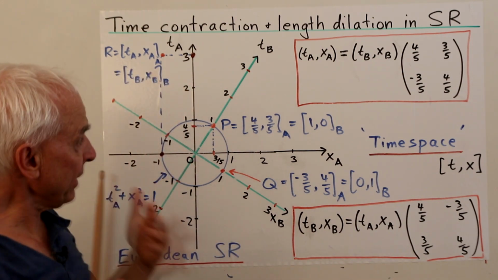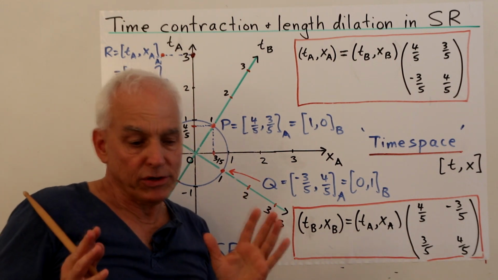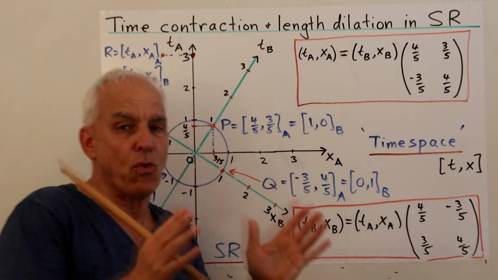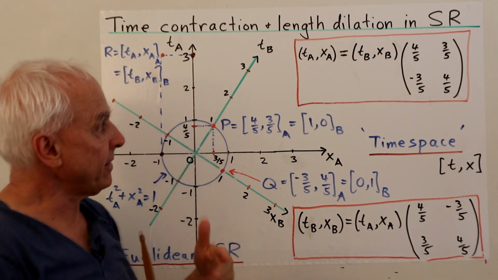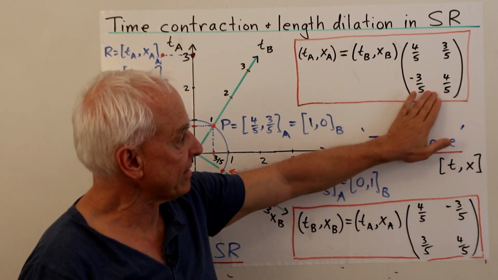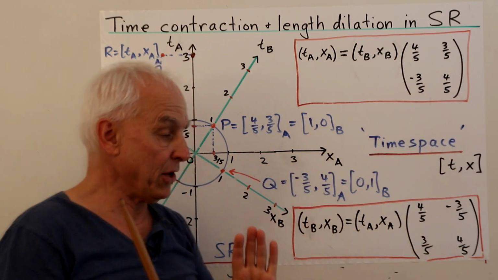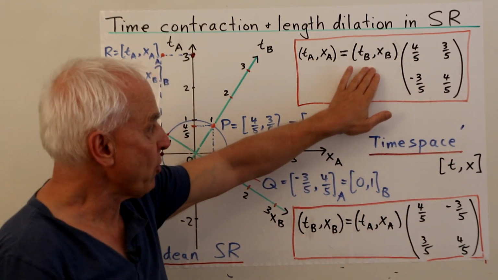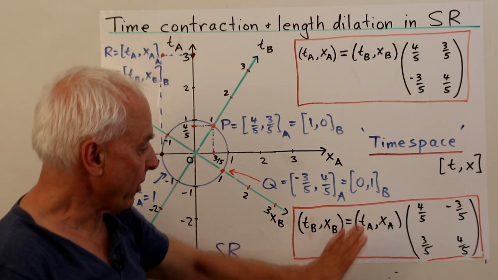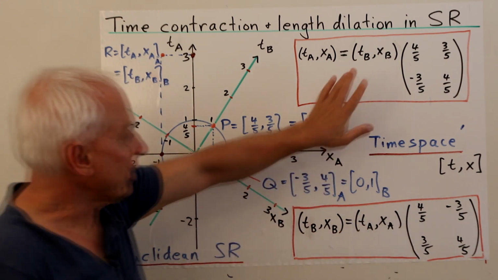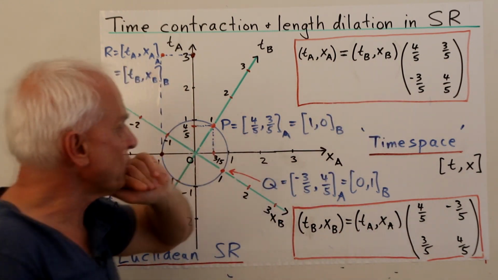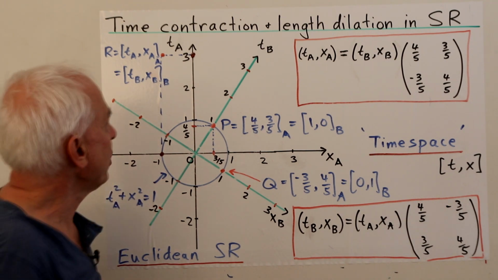Well, in linear algebra, we learn a very important transformation, how to go from one coordinate system to another. And the point is that a matrix, like this, a 2x2 matrix, is involved, either this one or this one, depending whether you're going from B coordinates to A coordinates or from A coordinates to B coordinates. And there's a little bit of matrix multiplication in here, so just to practice that, let's have a look at